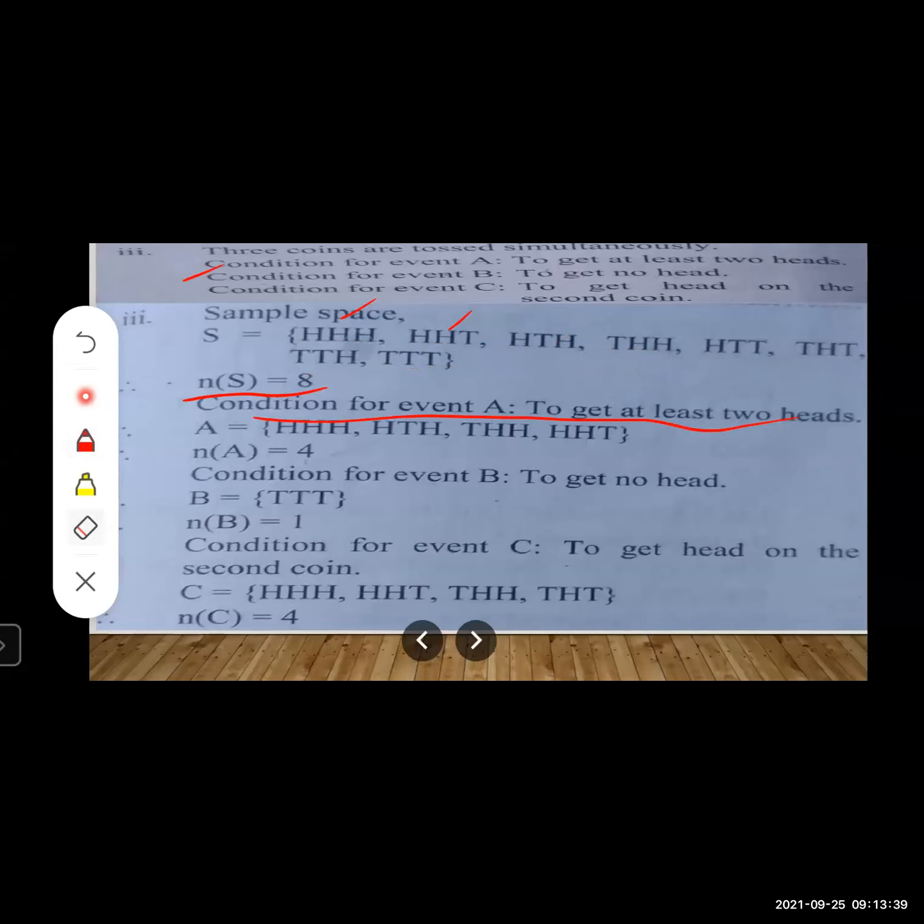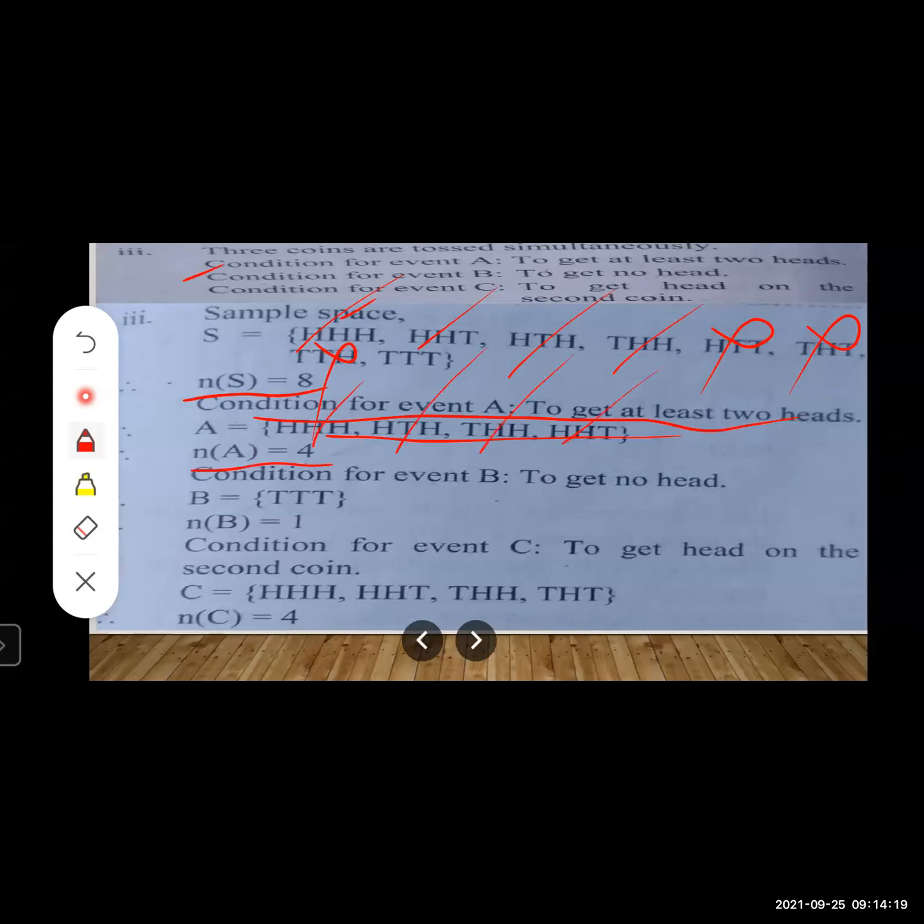We have to choose our favorable outcomes from the sample space. We want at least two heads. So if there are three heads, it is okay. Two heads, two heads, two heads. Here one head is there, so it is not okay. One head is there, not okay. One head is there, not okay. Understood, students? So how many possible outcomes are there as our favorable outcome? Head head head, head head tail, head tail head, tail head head. These four possible outcomes or favorable outcomes we are going to write in the event A. Now this comes out to be 1, 2, 3, 4.